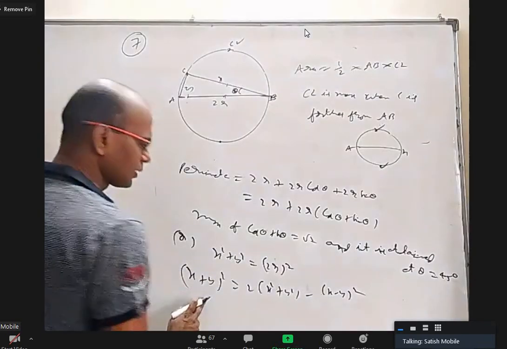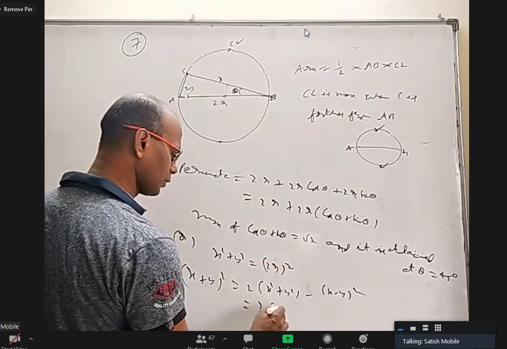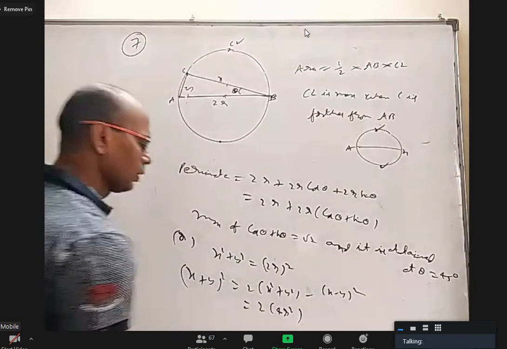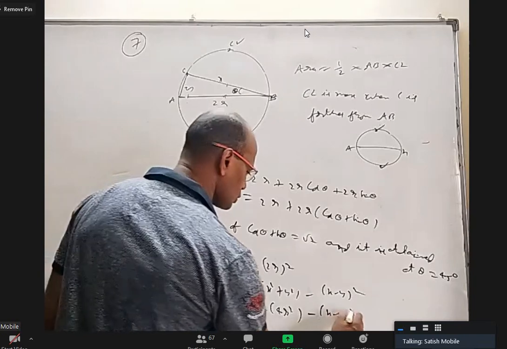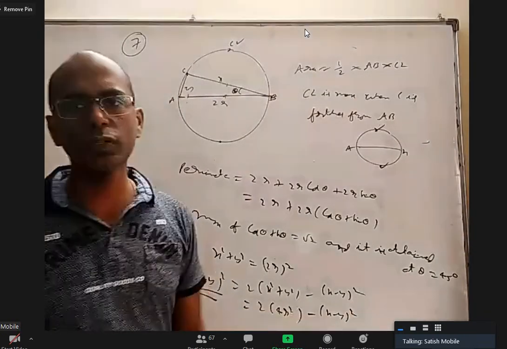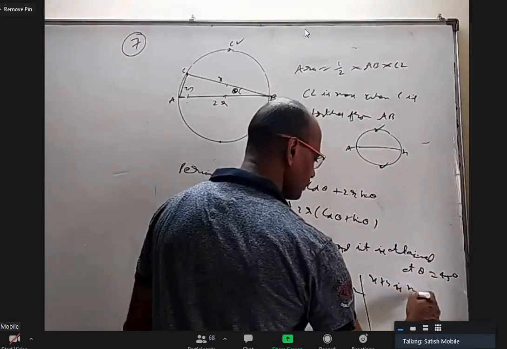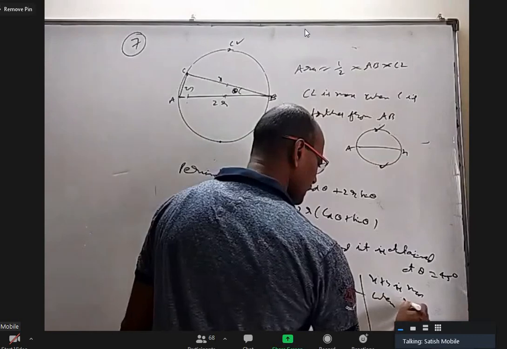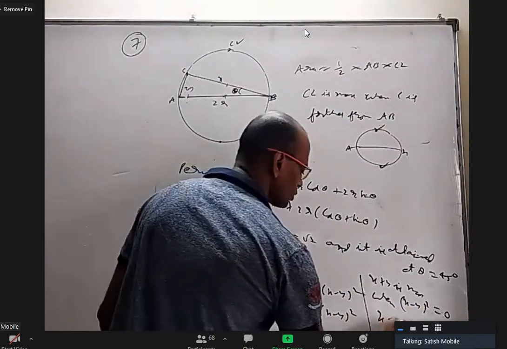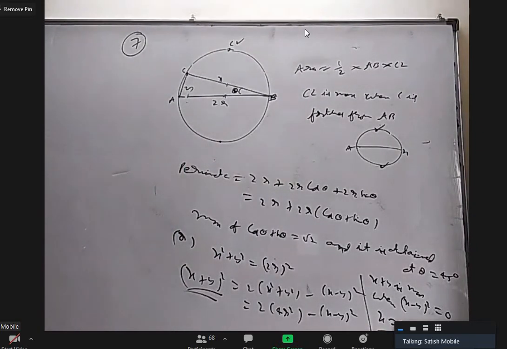In that, x square plus y square is not variable, I substitute it as 2r whole square. It will be 2 into 4r square minus x minus y whole square. If you want this to be maximum, this should be minimum, and the minimum of a square is 0. So x plus y is maximum when x minus y whole square equals 0. That is when x equals y. When x and y are equal, it is a right angled isosceles triangle.